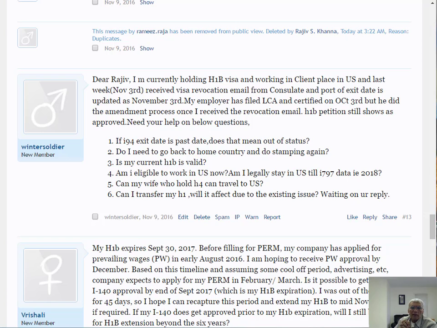Now the problem is I really don't know what is going on. This is very odd behavior on the part of the government agencies. Normally, when the government wants to revoke something, they should be sending you a notice by mail. Email notices are not sent out. I'm not sure whether this is fraud or somebody just pulling your leg. Number two, for CBP to first make a mistake on your I-94, then remove it altogether doesn't make sense.